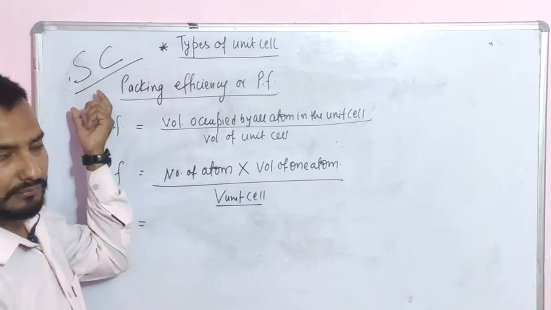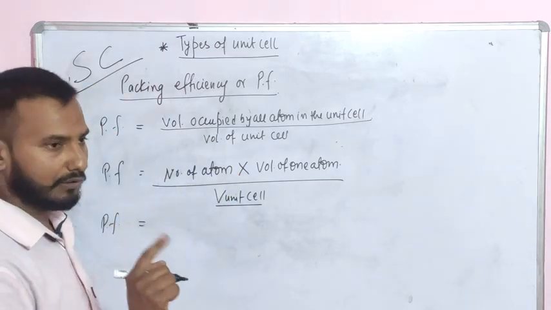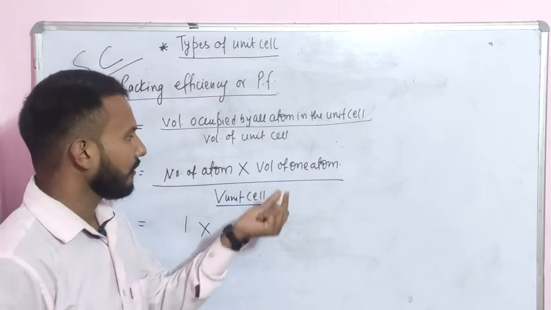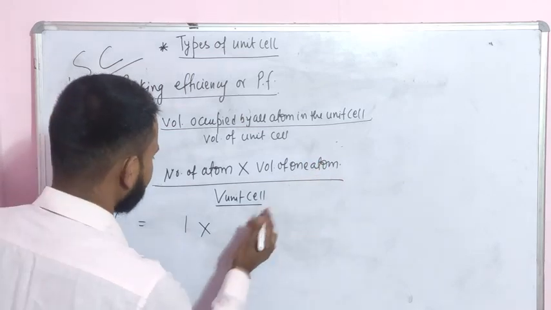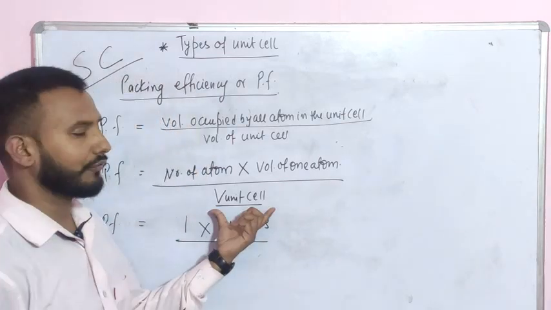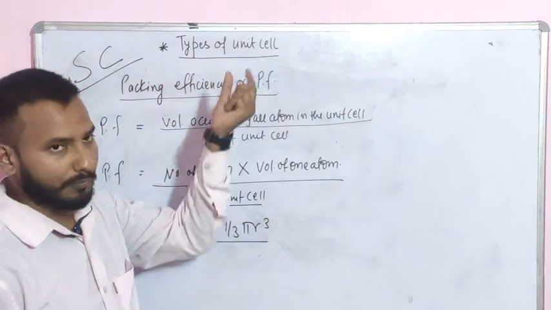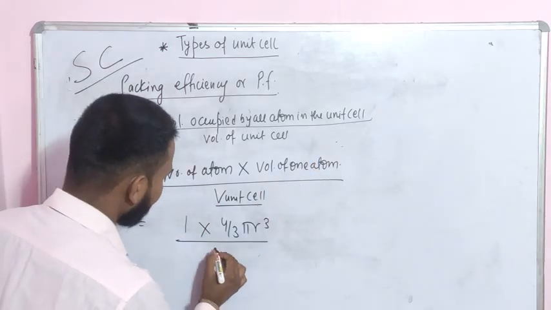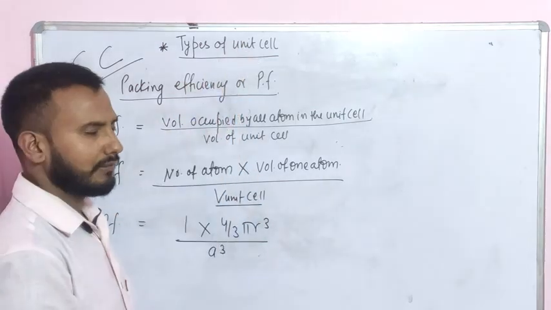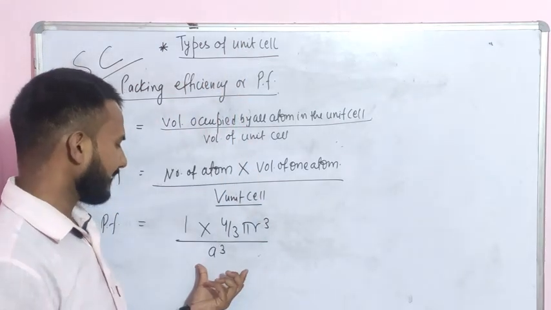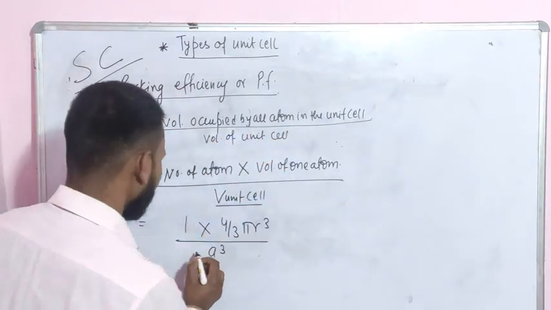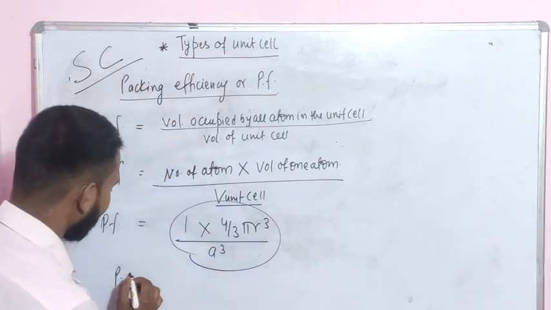The number of effective atoms for simple cubic, Z is equal to 1. So that is 1 into the volume of one atom. Atoms are assumed to be spherical, so the volume of one sphere is 4 by 3 pi r cube, divided by the volume of unit cell, because we are assuming a cubical unit cell. In that case, the volume of unit cell will be a into a into a. If the unit cell is not cubical, maybe hexagonal, then it would be a into b into c, but it is cubical, so the volume of the cube will be a cube. So on solving this, your packing fraction will be